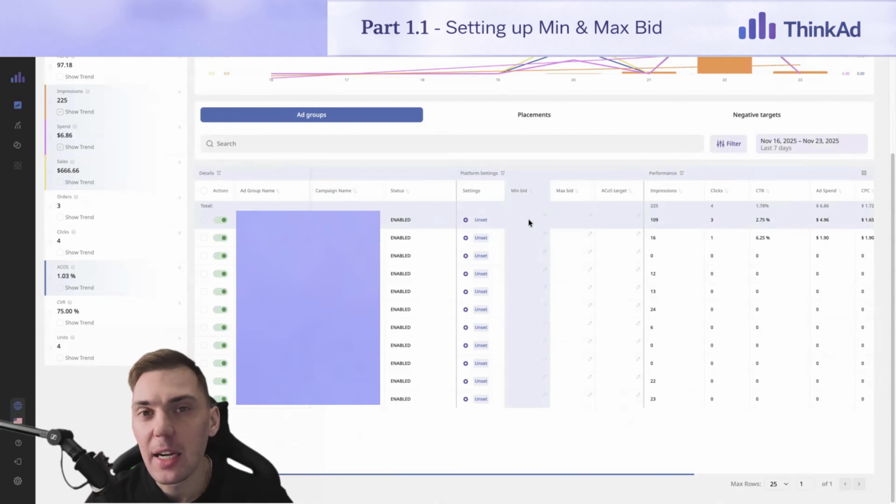You would like to select a minimum bid and maximum bid of around 20% of your target bid, of the current bid that you have for your product. That means you're going to have a space where ThinkAd can optimize your bids up and down for 20% max. If you think that ThinkAd has increased the bids up to 20% and you still don't have enough impressions or enough spend that you're looking for, you can go to the next step and just increase your maximum bid further